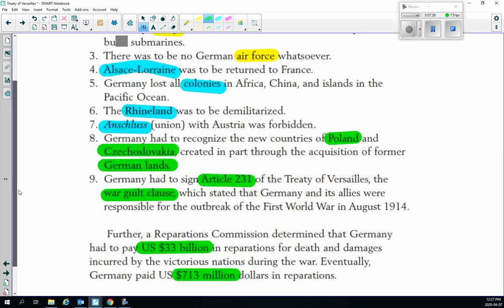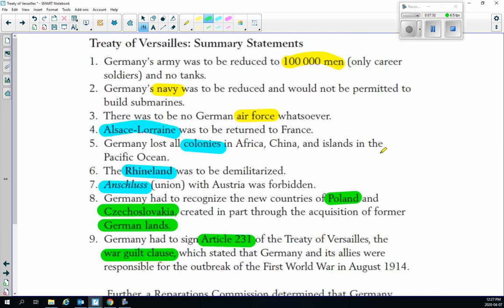Ironically enough, the Treaty of Versailles was intended to prevent World War II. And when we look back at the way they punished Germany, we're going to see it's one of the causes of World War II. If there had not been a Treaty of Versailles, really good chance you never would have heard of Adolf Hitler and the Nazis. But that's a story for another time.